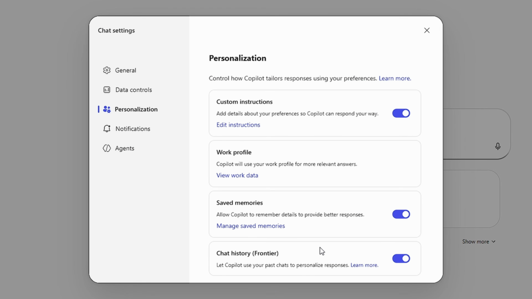Chat memories. The latest addition to Copilot Chat's memory is a feature that is still available as part of the Frontier Preview program as of making this video, and that's chat-based memories. This allows Copilot to consider the content of your previous chats when responding to you. So say, for example, you chat with Copilot about specific aspects of a project. Copilot will then be able to frame further responses to you, even outside of that particular chat, through the lens